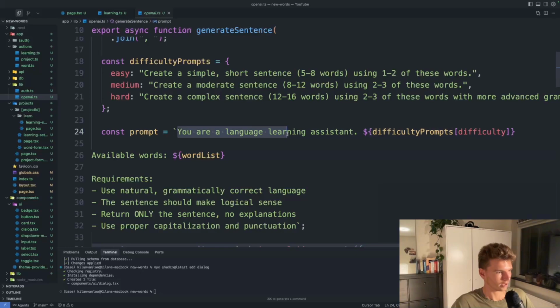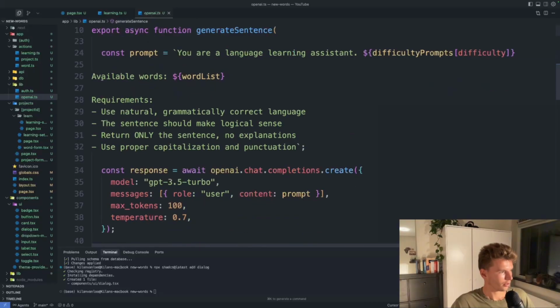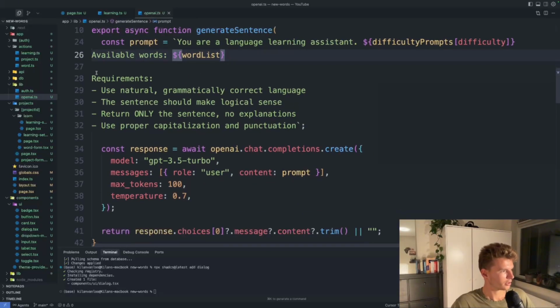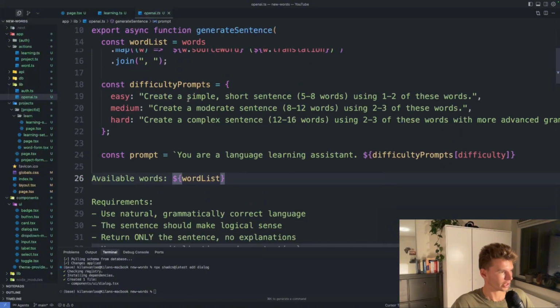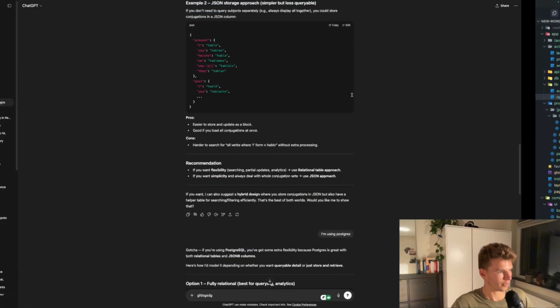You are a language learning assistant. And then I add one of these in based on the difficulty. Here are the available words. And then I give it the available words based on the database. I give it some requirements. And this is just basically one long string, one long text that you could imagine that you're submitting into